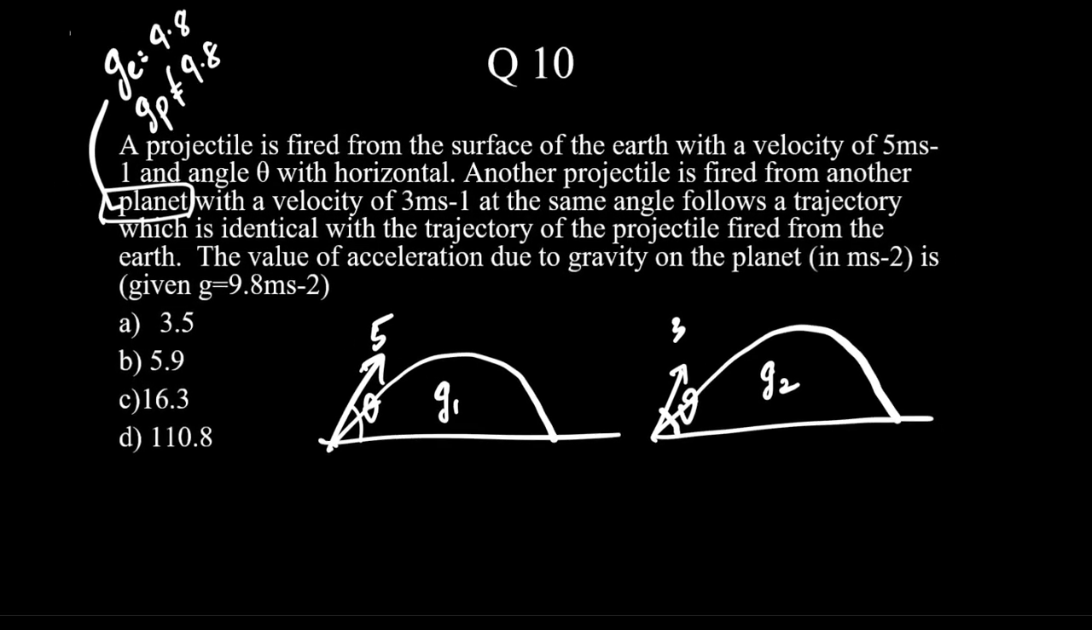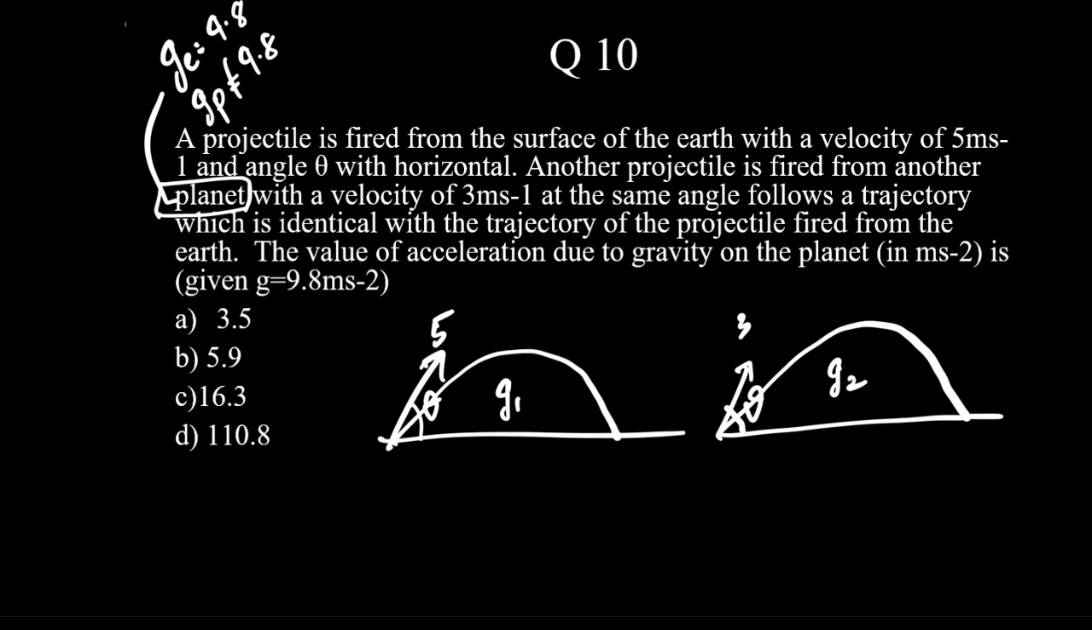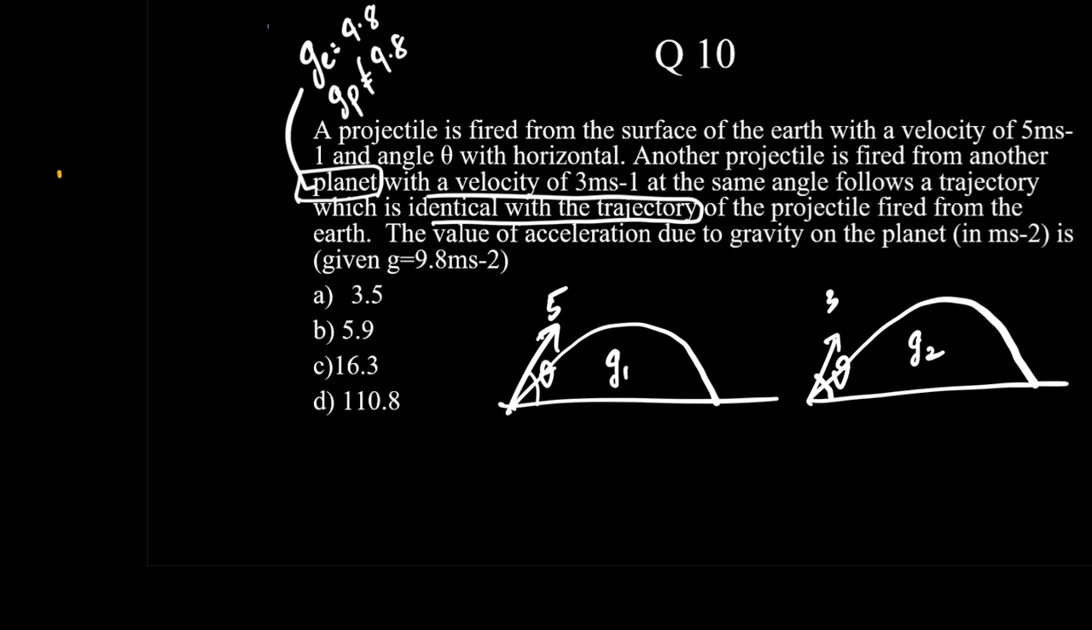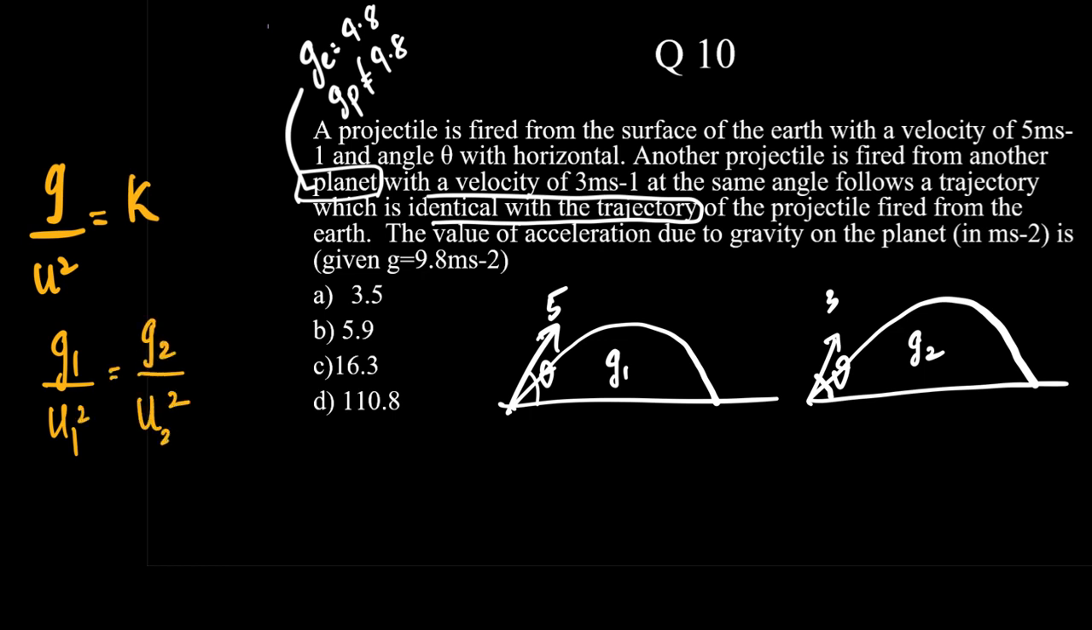Okay, so we know that when we have an identical trajectory, what is the equation that we're going to use? It is very simple, and it is g by u square is equal to a constant, which means g1 by u1 square will be equal to g2 by u2 square. What is g1? Given to be 9.8. What is u1? It is given to be 5. So 5 square is equal to,